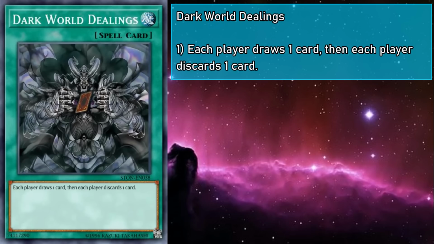Dark World Dealings is a normal spell that has each player drawing a card, then each player discards a card. Boy howdy, now if this is a card that hasn't been around the block. Quick and easy card cycling at the cost of allowing your opponent to do the same. In fact, generally, they come out on top, because while both of you draw and discard, only you are giving up a spell in hand to do it, meaning in a vacuum, you get hit with a -1 in card